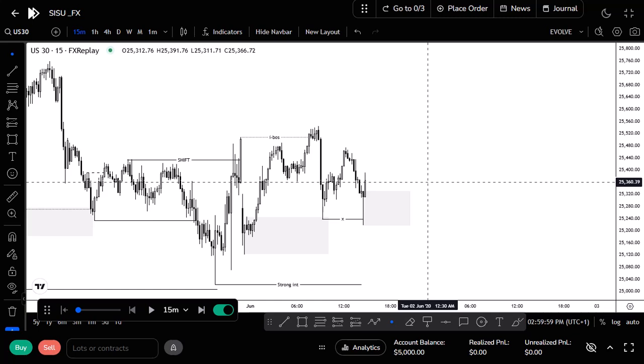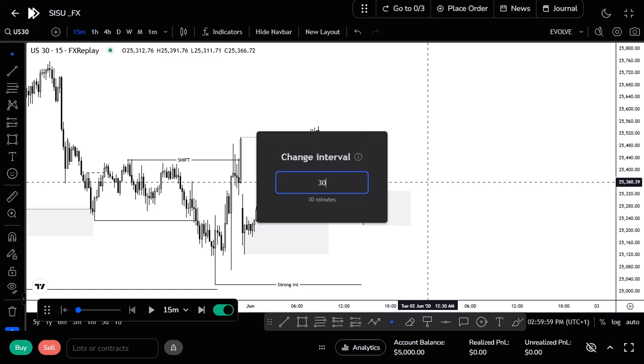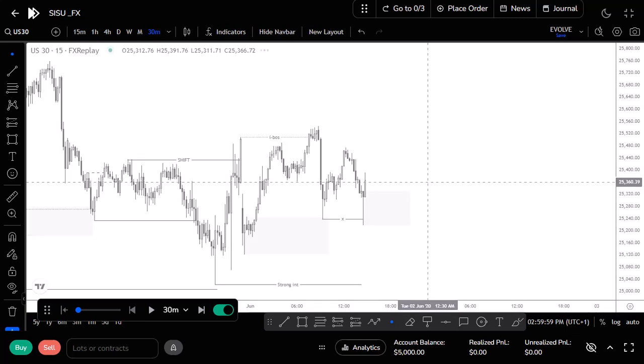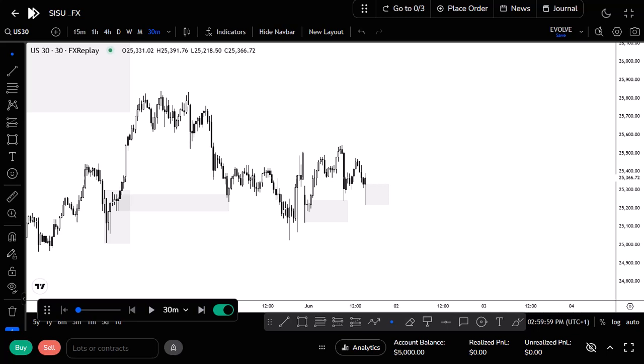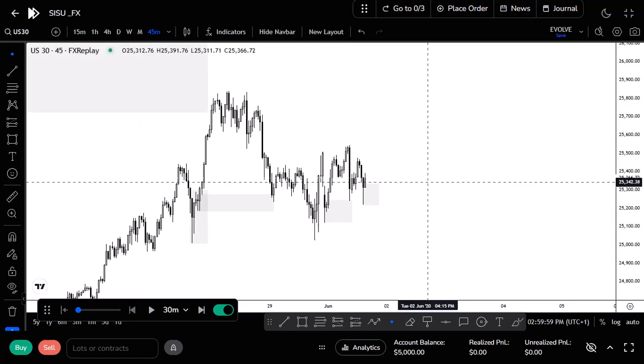But for me, whenever I have a good trade, I don't want to miss out on that trade, right? So I would like to go to the 30 minutes time frame to confirm my entry before I even enter that trade, so that I won't just be sitting where price won't even come back to mitigate, right? I don't have something interesting on the 30-minute time frame. So the next one is the 45-minute time frame. I'm looking for a candlestick confirmation.